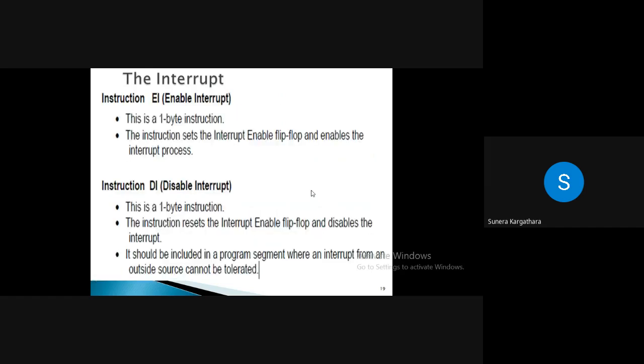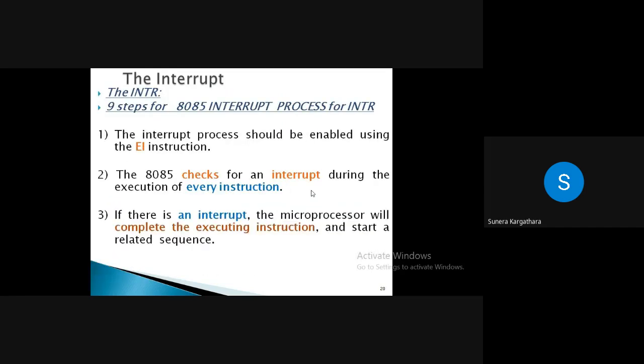Right? Now students, we want to understand: suppose you have a microprocessor IC with you, it has 5 pins through which you can give an interrupt to the microprocessor. Now just think about INTR, the interrupt request interrupt. We are just thinking of that interrupt only, and we want to understand how the process goes on whenever any interrupt occurs. Right?